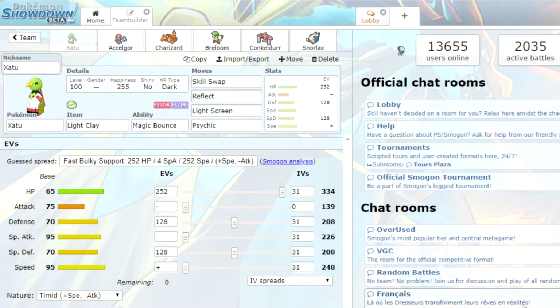We have Xatu, which is the main sort of leader of this team with the Magic Bounce ability and Skill Swap. The premise is we Skill Swap the Magic Bounce onto another Pokemon, switch into Excadrill, who can set up Toxic Spikes, Magic Bounce them back onto our side of the field. We have Toxic Spikes on our side, and then we can take advantage of it with some of the other